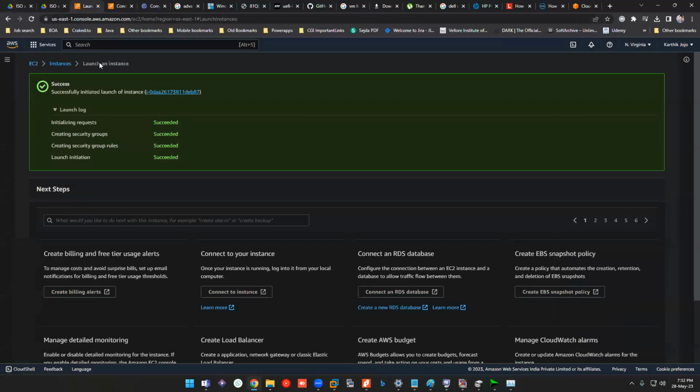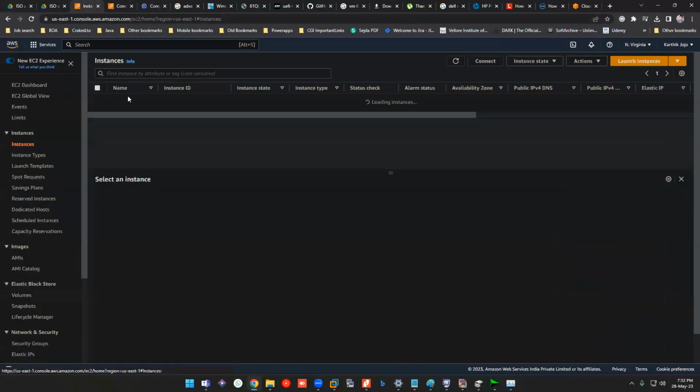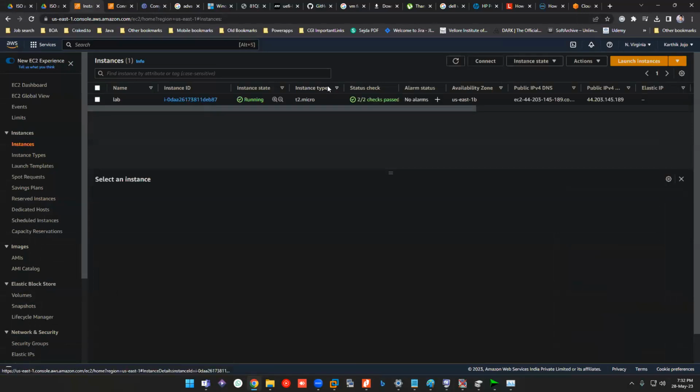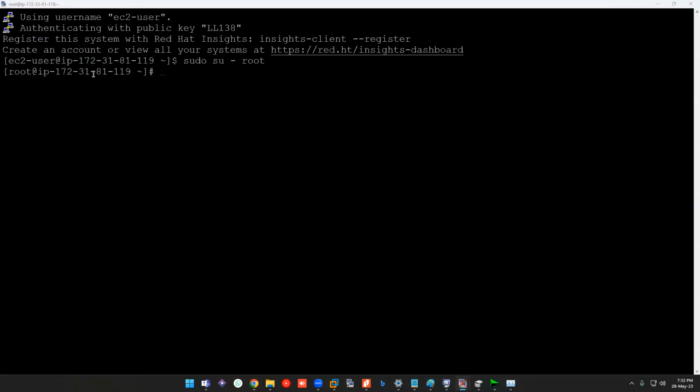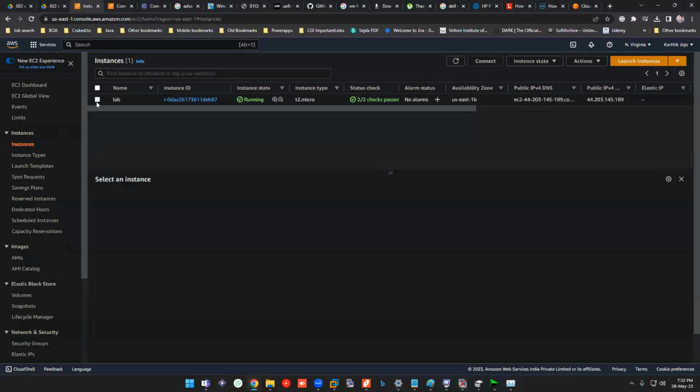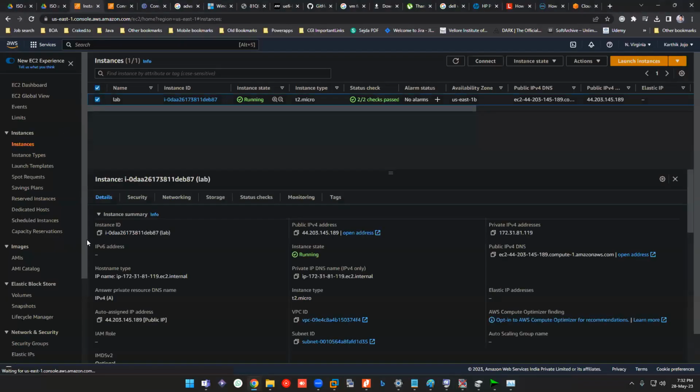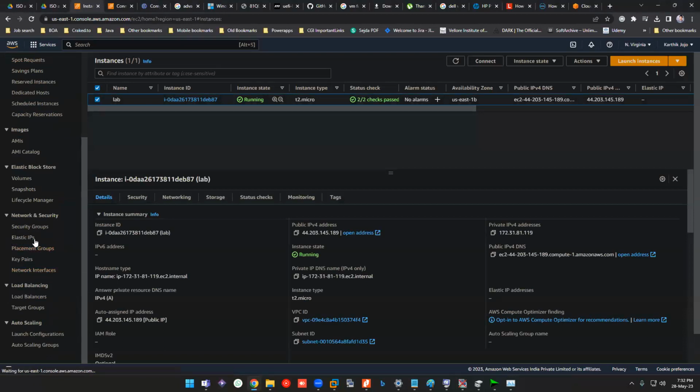So you don't have a static IP, right? In some cases, let's say you stop this instance and start it again, you might not be able to connect back. Why? Because this IP is not a static one. For a static IP, you will be paying. So elastic IPs you see here, right? You will be paying for that. So please don't do that.